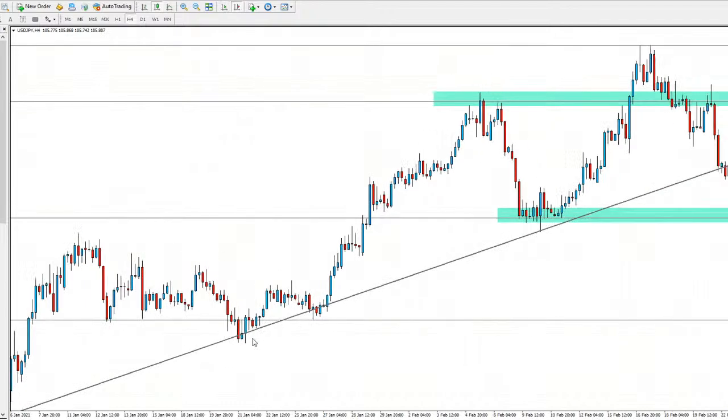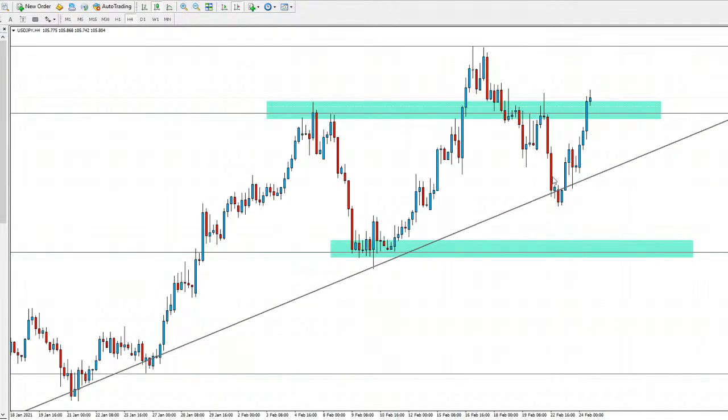So first test, second, third, fourth, fifth. If you get back above that resistance there, which does look like price is wanting to do, so if you do hold above that resistance, it will be acting as support. At that point, I do expect Usd Jpy to go and take out those recent highs there and see a